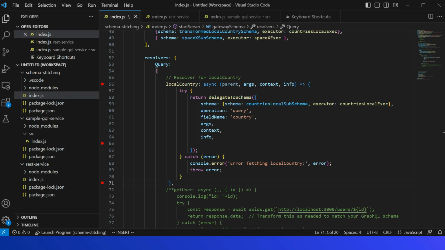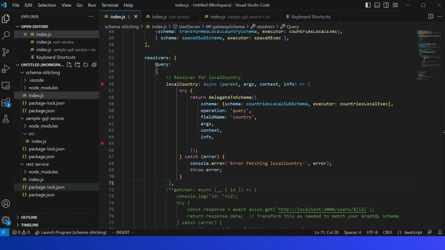Also if you need to add new features to the existing queries or create new ones, the custom resolvers can help. The schema stitching does the heavy lifting in combining schemas, but custom resolvers give you the flexibility to handle more complex scenarios. Let us now see how to invoke a REST service through this gateway.